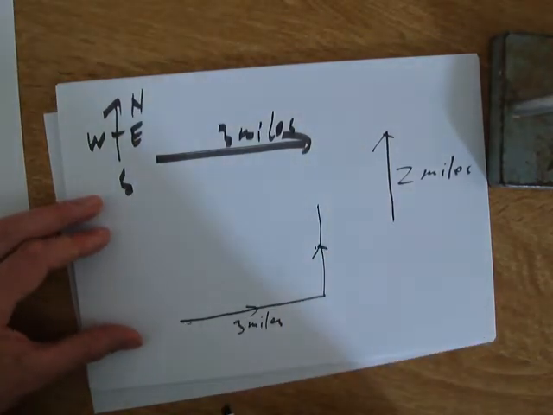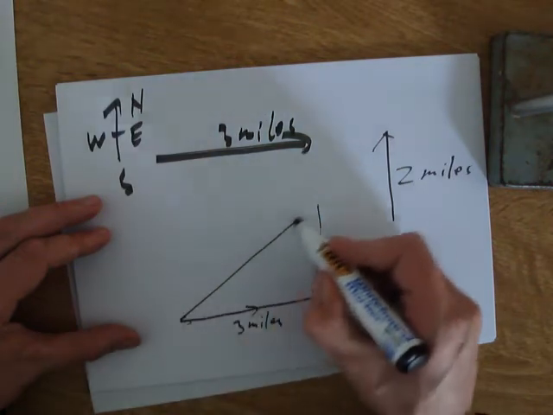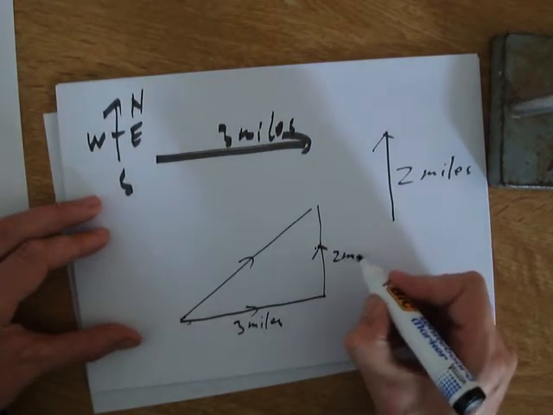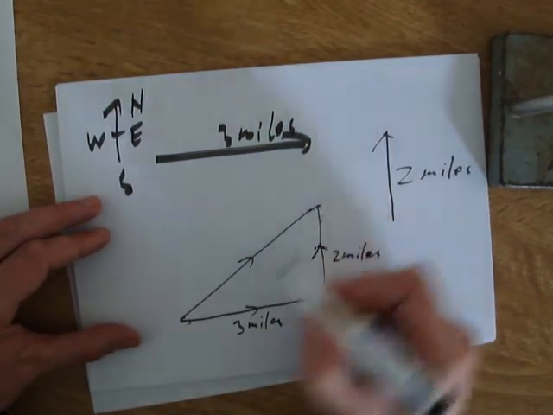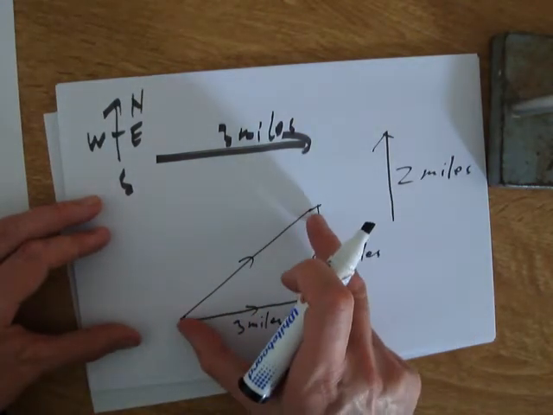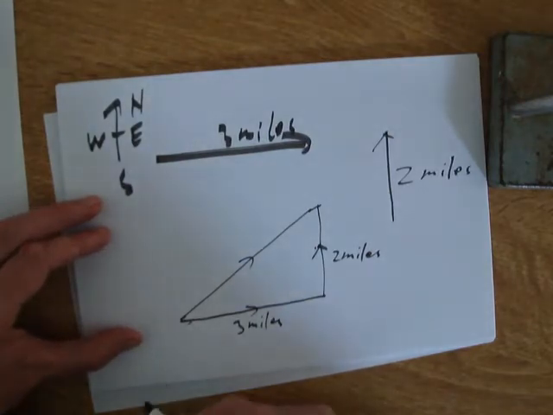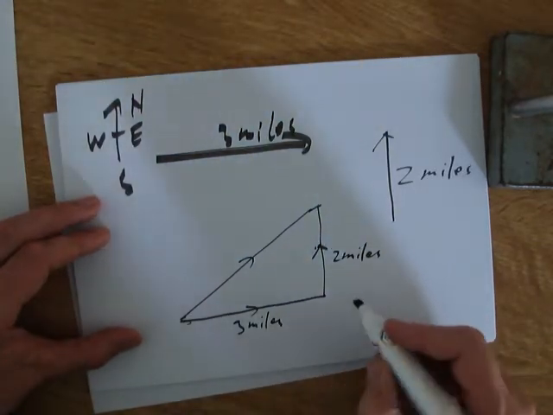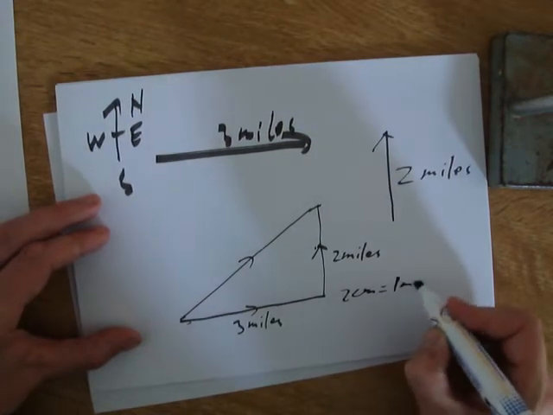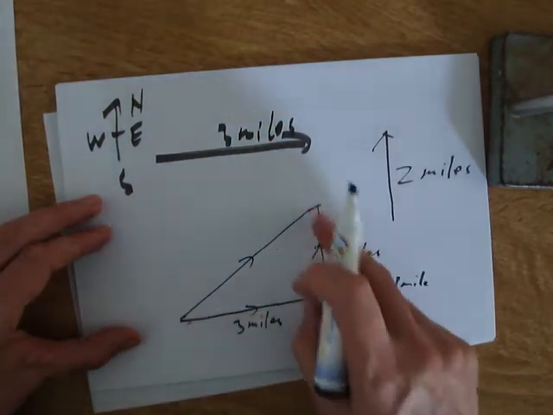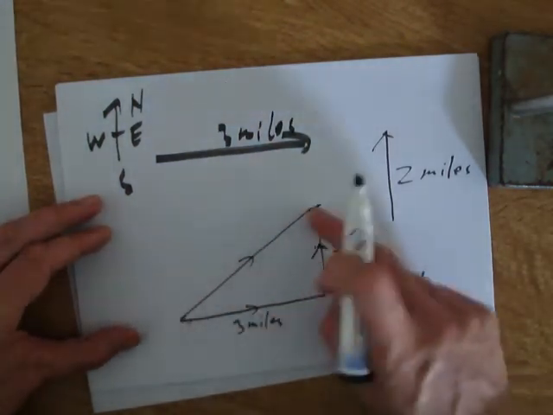If you walk that way and then that way, the resultant, your final displacement, would be this vector here. So this vector plus this vector adds up to that vector. If we wanted to know the magnitude of this vector, how long it is, what that distance would be if we'd gone the direct route, there are two ways of doing that. And the first way is to just draw an accurate scale drawing. We could choose a scale of 2 centimetres, say, equals 1 mile. And then we would have 6 centimetres and 4 centimetres. If we drew them at right angles, then constructed a line here, if we measured it off, it would give